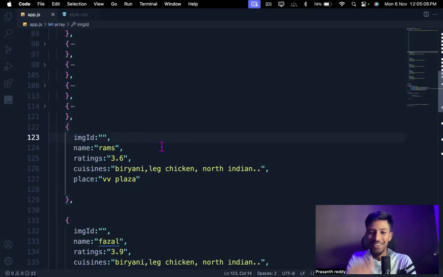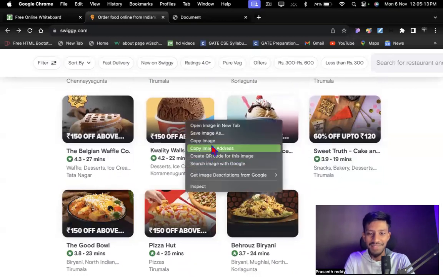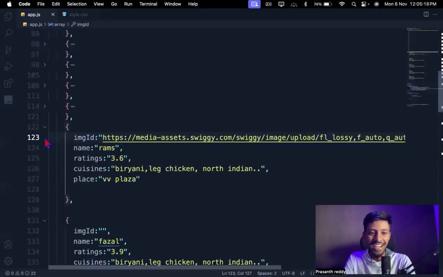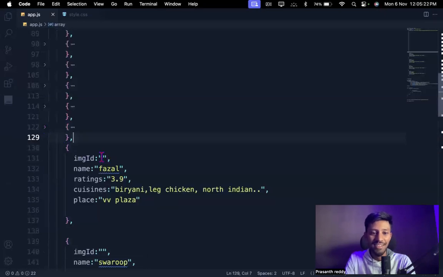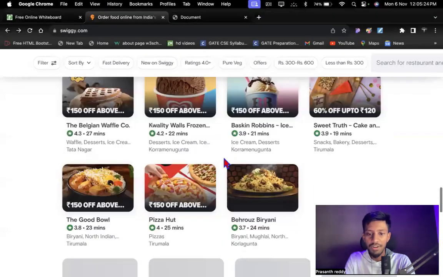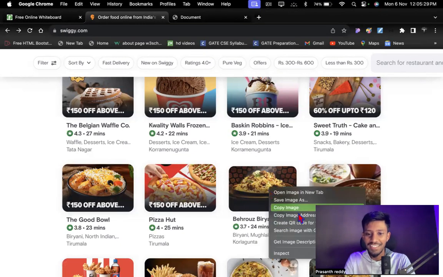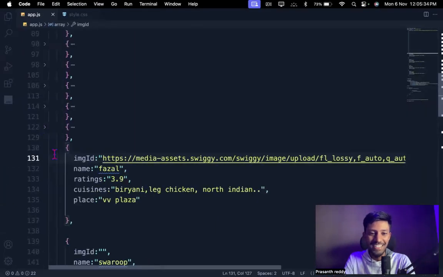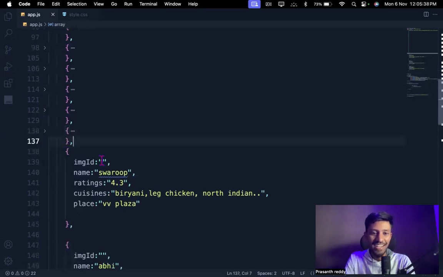But don't worry, once we go to that Swiggy API, we are going to import the Swiggy API. RAMs, let's give the RAMs. Quality was gulab jam. RAMs, I will give the quality was gulab jam. Right? It's a huge ad inside the Hotstar. Quality was gulab jam. Let me give Fazal. I will give you one good name, like Bahros Biryani, Fazals. You are famous biryani Fazals. Copy image address. Thank you, Prashant. You're welcome, Fazals. Let me go inside this.